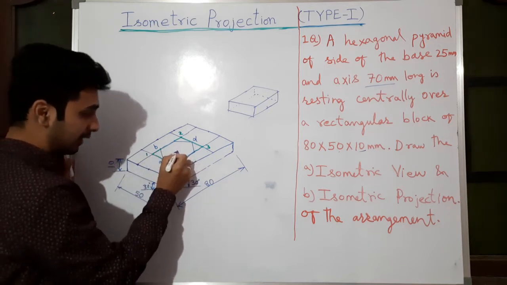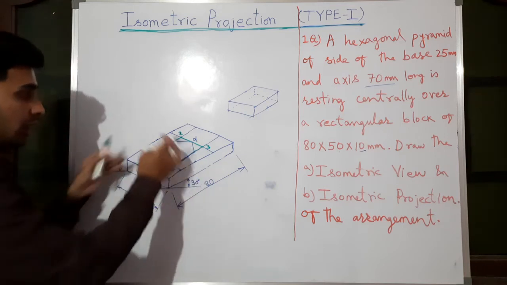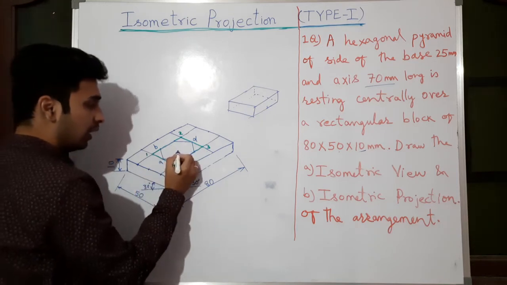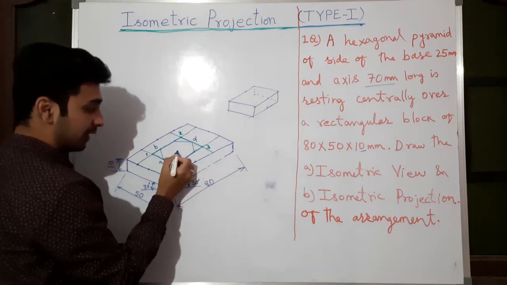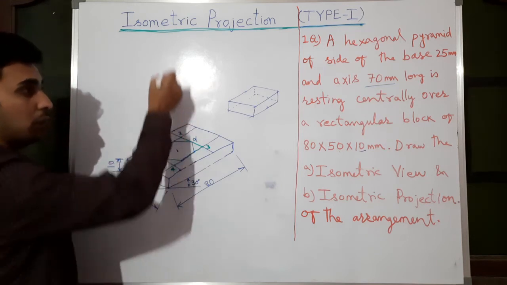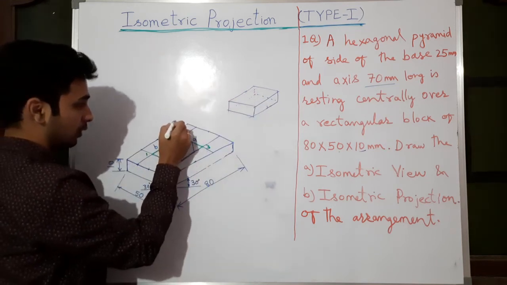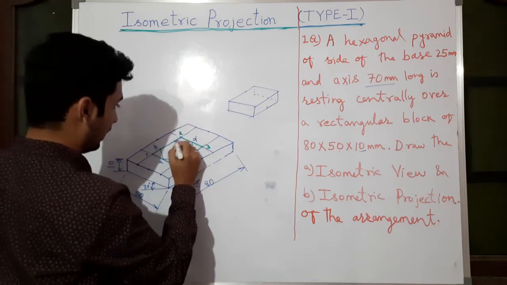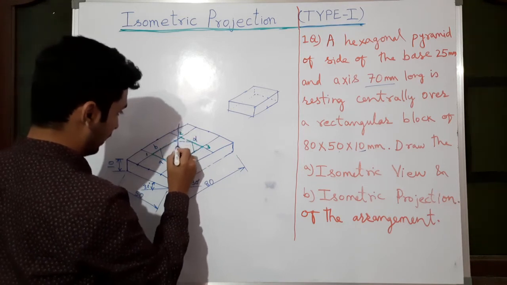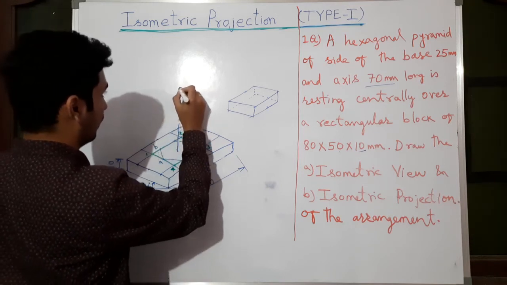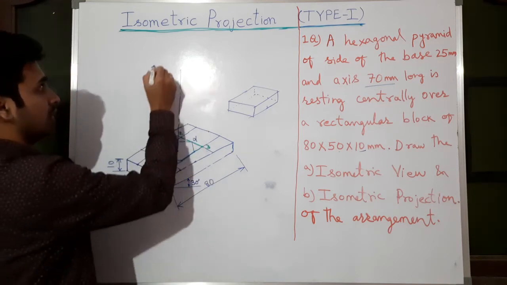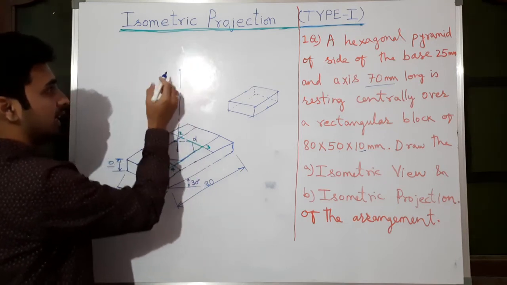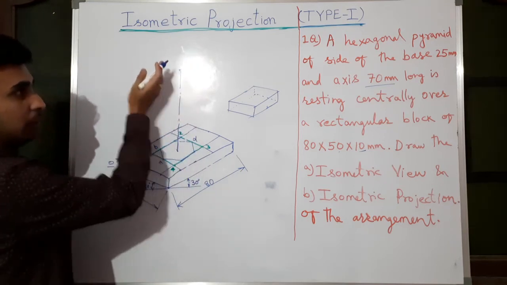So after locating the center of this hexagon or a rectangular block, both mean the same because both are concentric. Axis how much? 70 mm long. From this center, the axis goes vertically upward, 70 mm long. The axis will be a long line and short line, like this. So this is the axis, and this is the apex. All those things you don't have to write. Vertically upward we have taken from the center, 70 mm long.